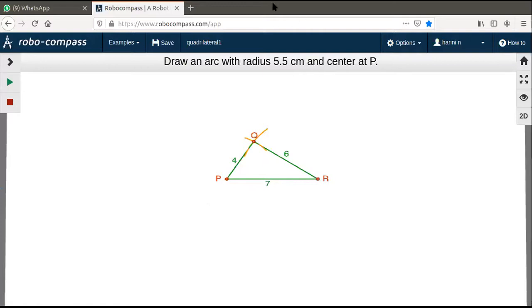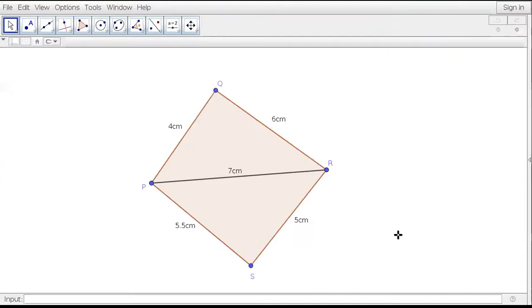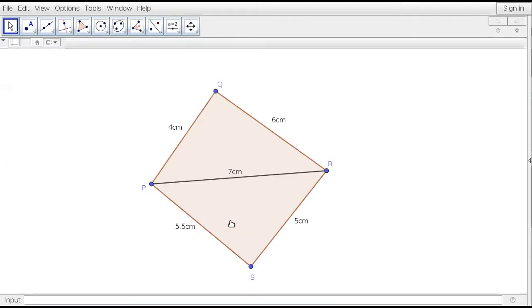What should I do next? Ma'am, next we have to take P as a center and we have to draw an arc of 5.5. And I've come back to my rough diagram. So the triangle above PR is ready. So what's our next step? The triangle below PR, which is coming at the bottom, also should be ready. How will you prepare this triangle? From P, you will take a radius of 5.5 centimeters, cut an arc. Then with R as center and radius 5 centimeters, you will cut another arc. These 2 arcs will intersect to get the point S. So what you have done above, same thing you have to repeat below with the measurements given. PS is given as 5.5.